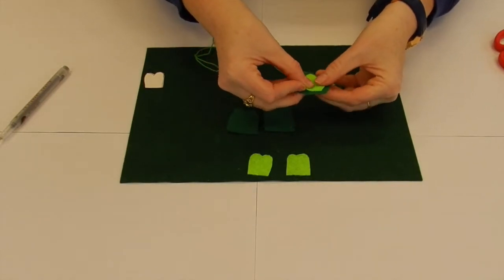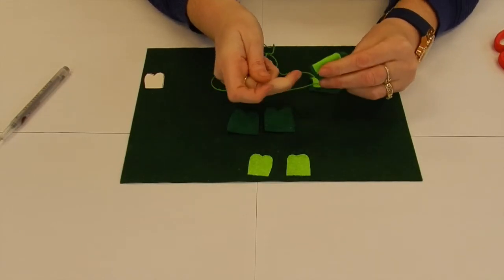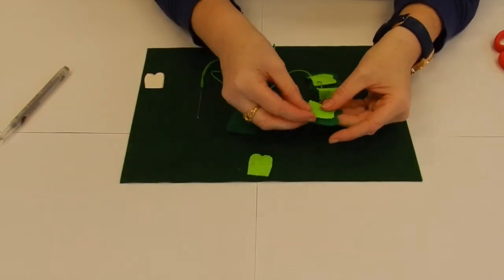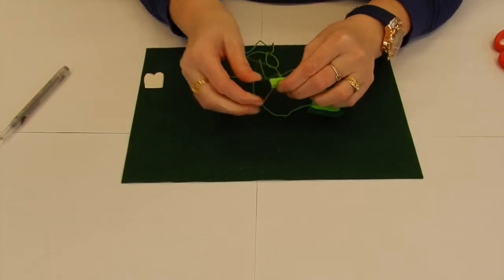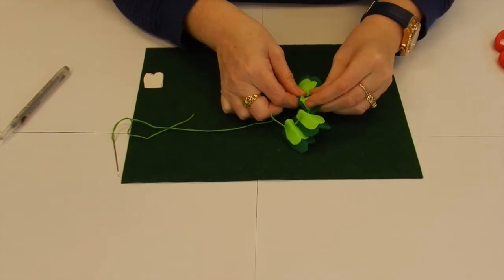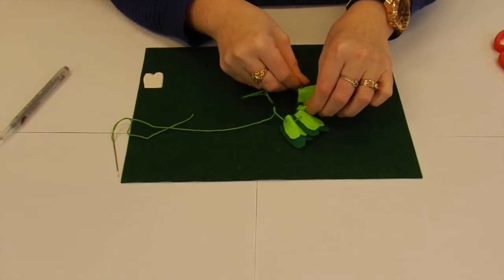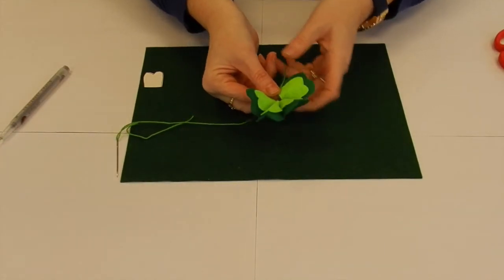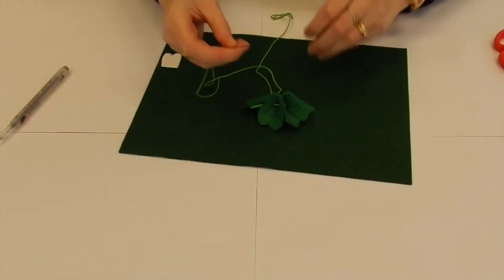So you're going to continue to do this for the next 3 sets of leaves, but it is important that you have the shamrock leaves all facing upright in the same direction. Position the leaves so they're bunched and close together. And you can do this by pulling the string at the bottom at both ends. Once you've got them bunched and close together,